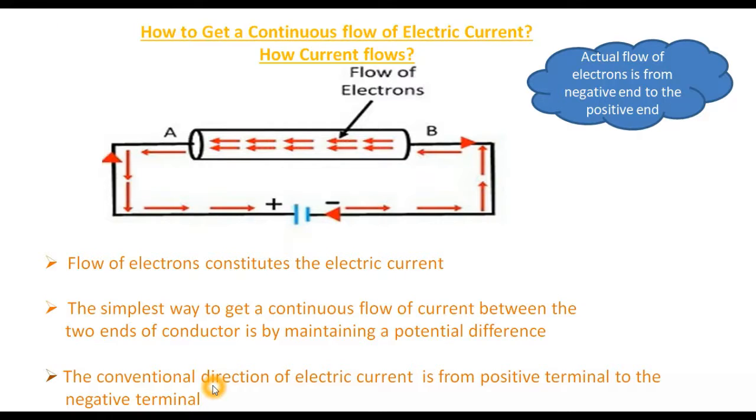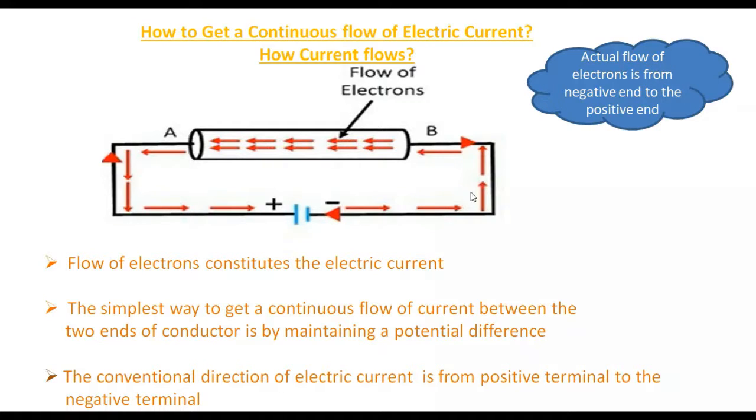So in our circuit diagram, what happens? We always put the arrows on these connecting wires to show the direction of conventional current. Okay, so the direction of conventional current is from positive terminal to negative terminal. That is why we are showing the direction here upwards, and here it would be downwards, because the conventional direction is from positive to negative, but the actual direction of the flow of electrons is from negative end to